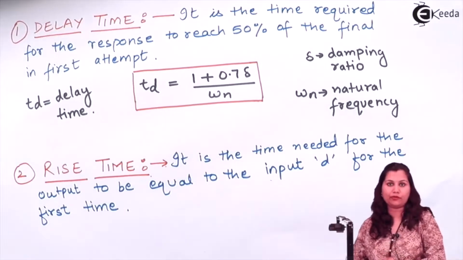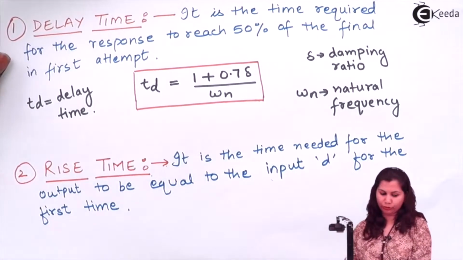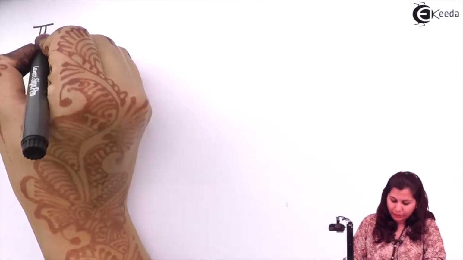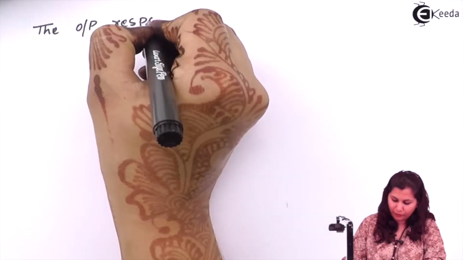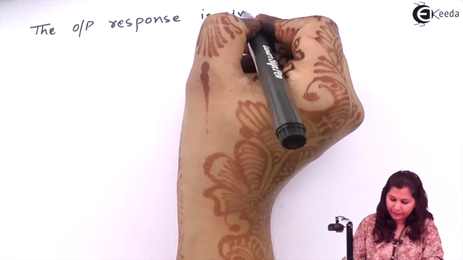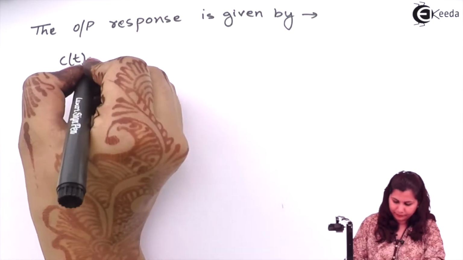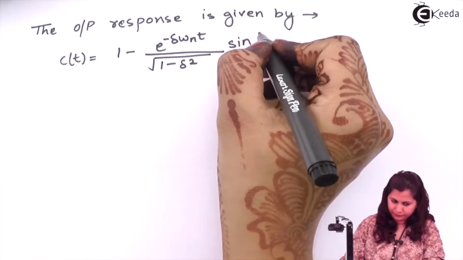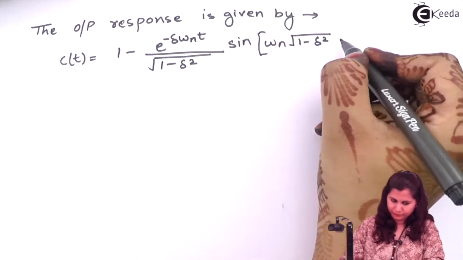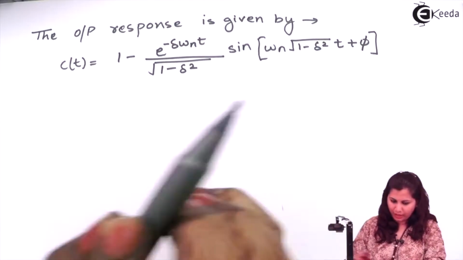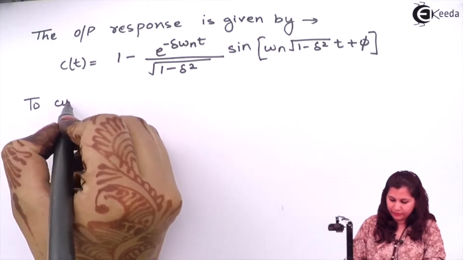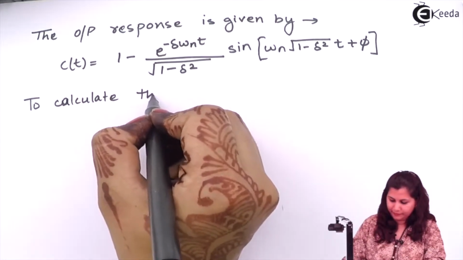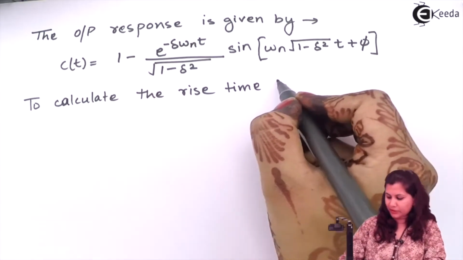So now let's derive the expression for this rise time. To derive the expression, we have to keep the output equal to the input, and here the input is 1. The output response for a second order control system is given by this expression, and to calculate the rise time, denoted as TR,